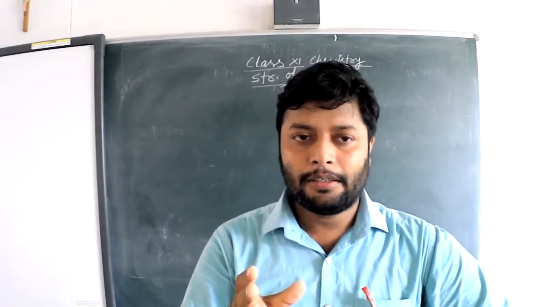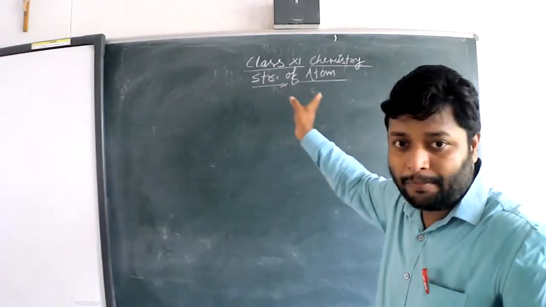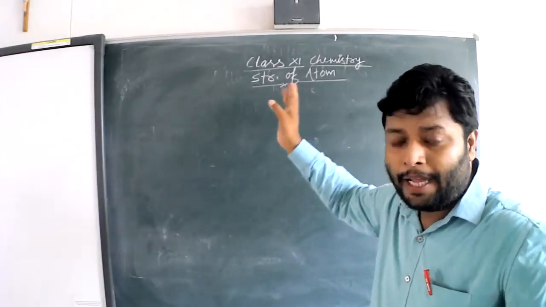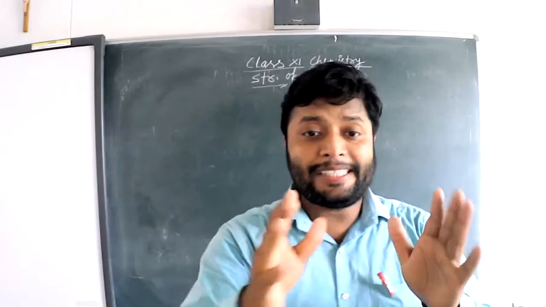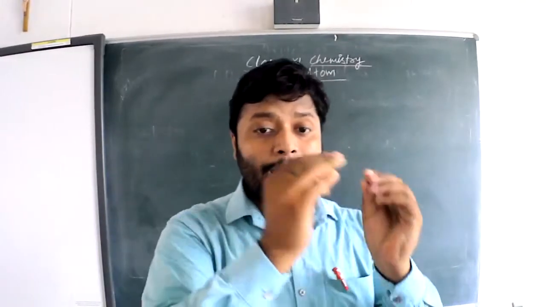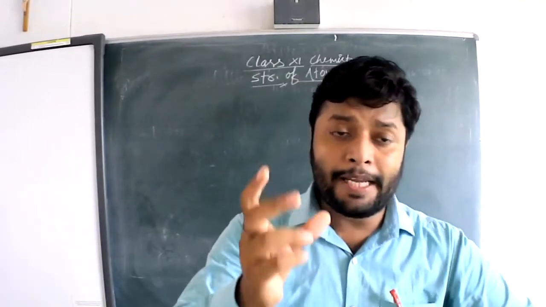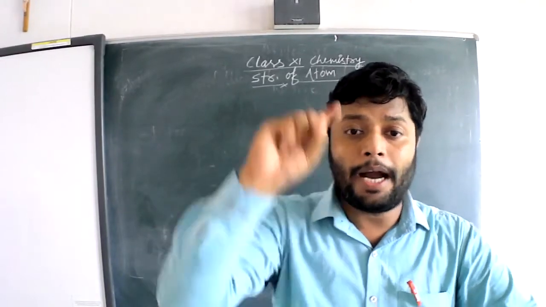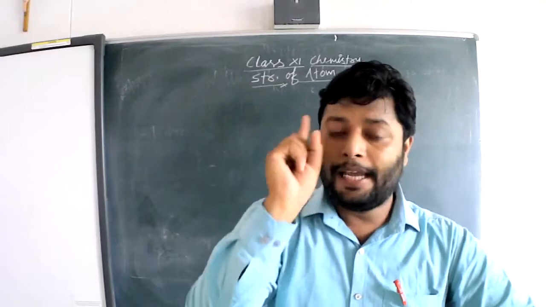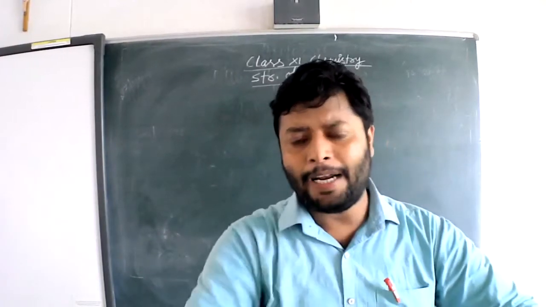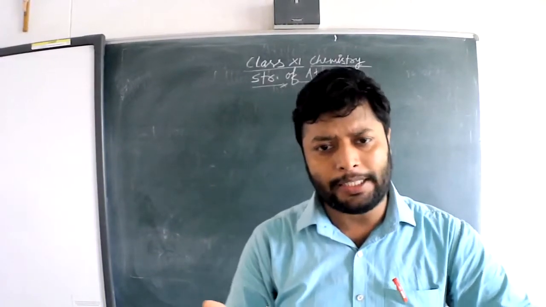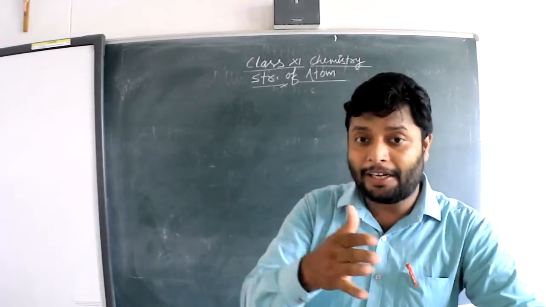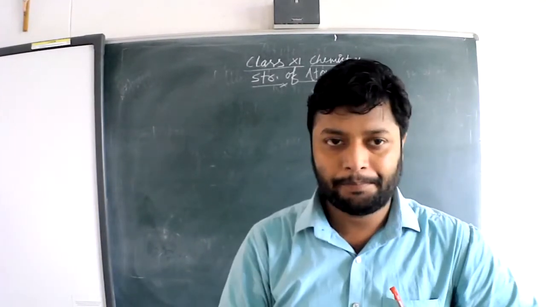But the atom is generally made up of 3 subatomic particles. Subatomic means the particles which come together to form an atom, and those are electron, proton, and neutron. From class 9, we are just going to learn these 3 particles. But let's learn more about these particles.